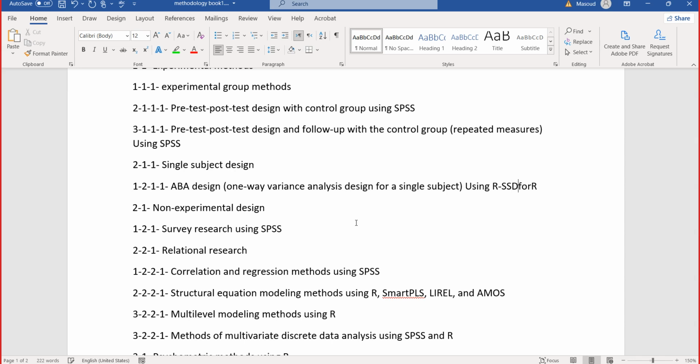So yes, this is a single subject study. They do not say case study because it's not to be mixed with the qualitative case study. Case study is a qualitative design, so they say single subject study instead.